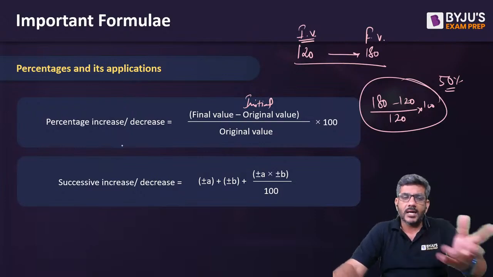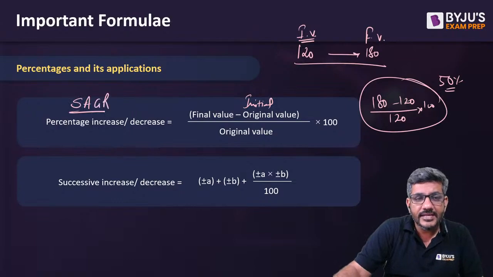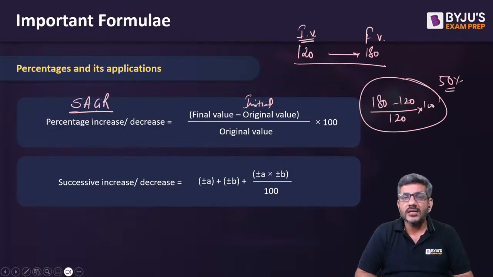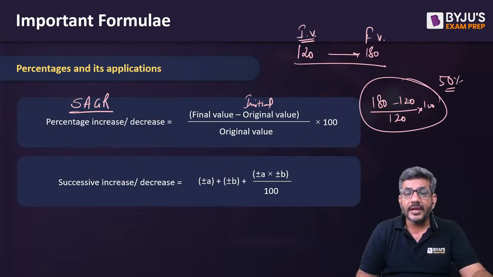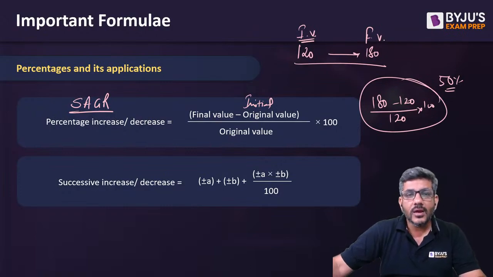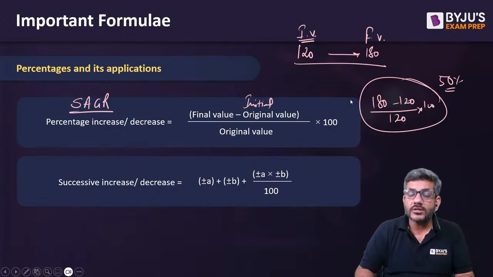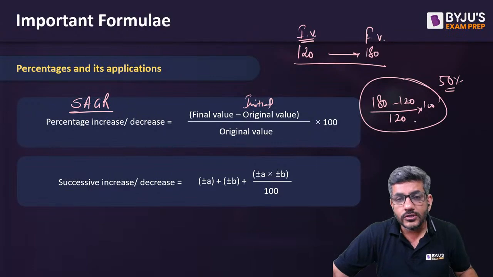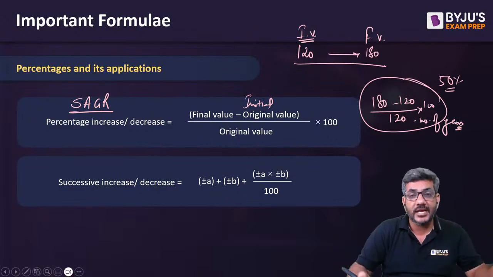दूसरी चीज, अगर ये बात हो ही रही है तो साथ साथ बता देता हूं. When you have to calculate the SAGR, what is SAGR? It is the simple annual growth rate. Generally it is used in DI, right? DI में ज्यादा यूज होता है, क्वांट में नहीं. So SAGR, simple annual growth rate. So how do you calculate the simple annual growth rate? The method is the same. The only change is it is also divided by the number of years. And the number of years means how many times a change has appeared.